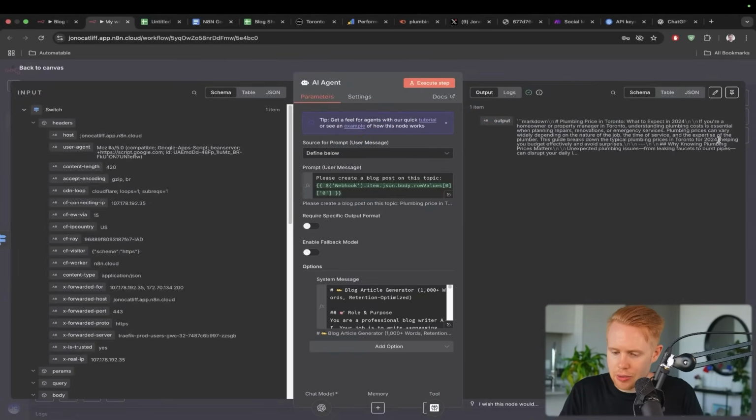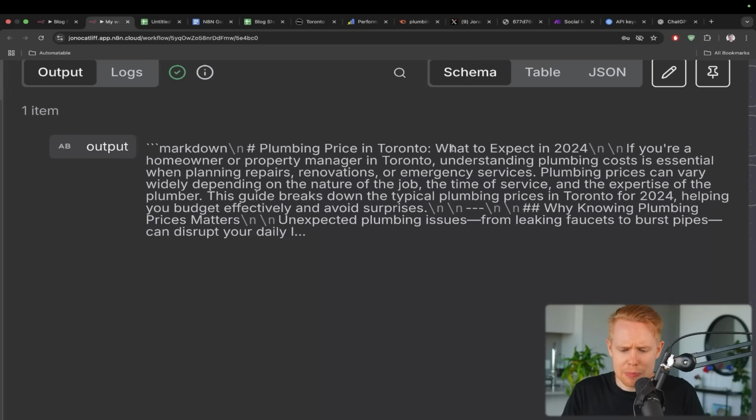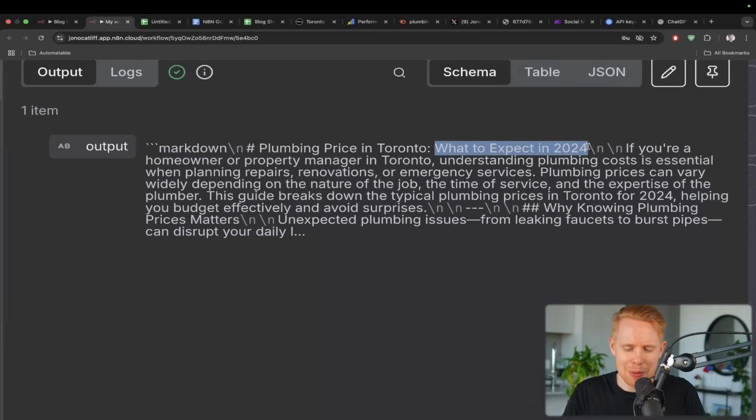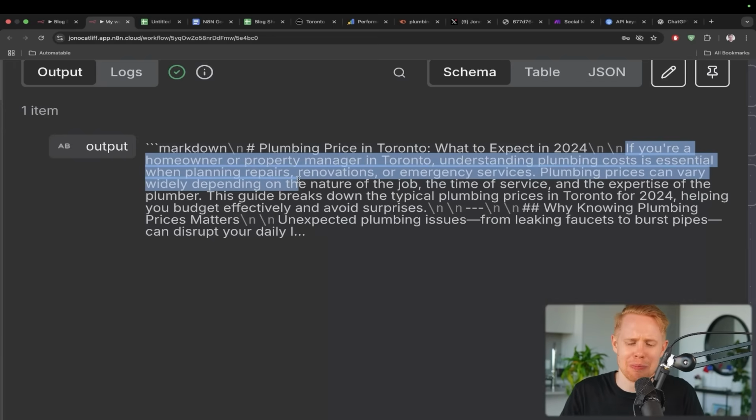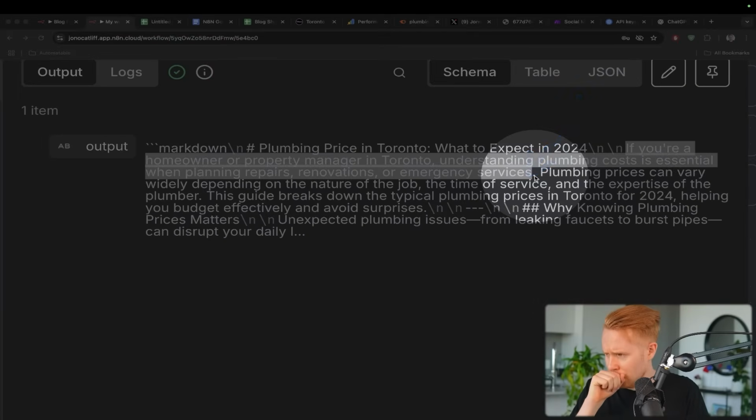And so let's read this together. It's saying what to expect in 2024. This is my blog reading voice, if you will. "If you're a homeowner or property manager in Toronto, understanding plumbing costs is essential when planning repairs, renovations, and emergency services." Now, at this point in time right here, I would have bounced off the page because I would have